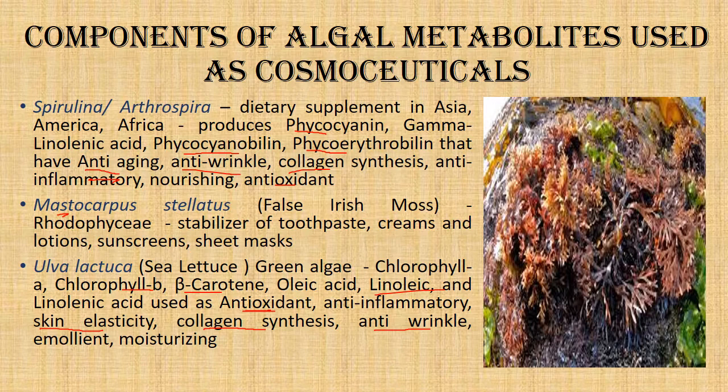this cyanobacteria has been used as a very common source of food supplement, because this dietary supplement has all the essential amino acids. It is also rich in all the essential fatty acids and is a good source of vitamins and minerals, and also a good source of pigments. We know that these pigments, especially the carotenes and also chlorophyll, have an antioxidant property, that is, they help in reducing the oxidative stress in our body.